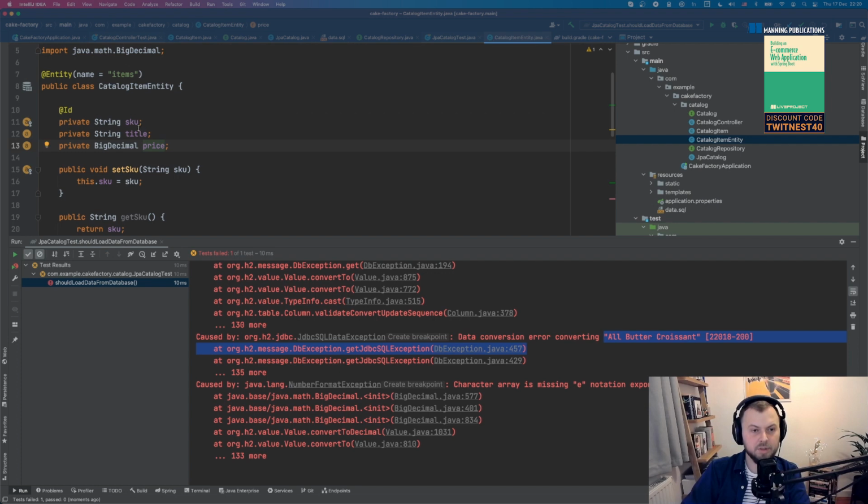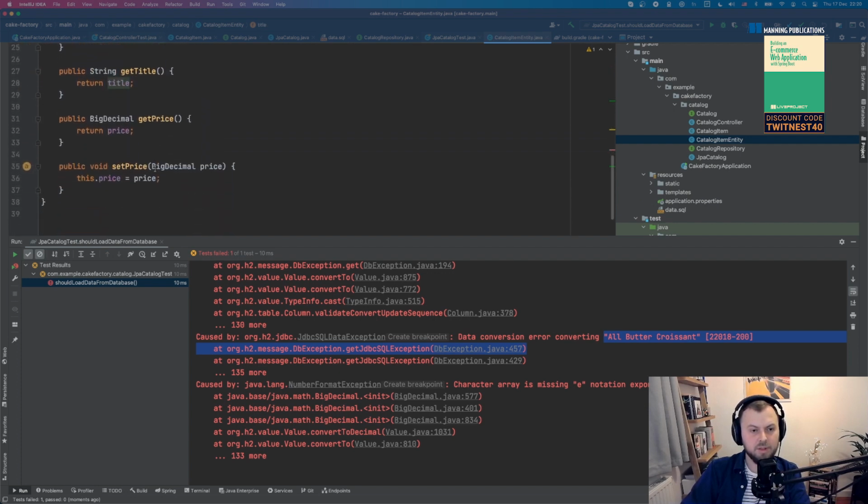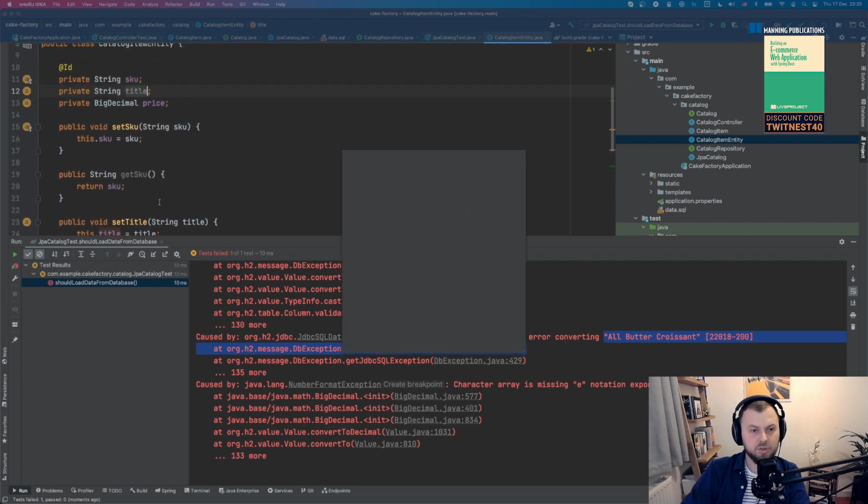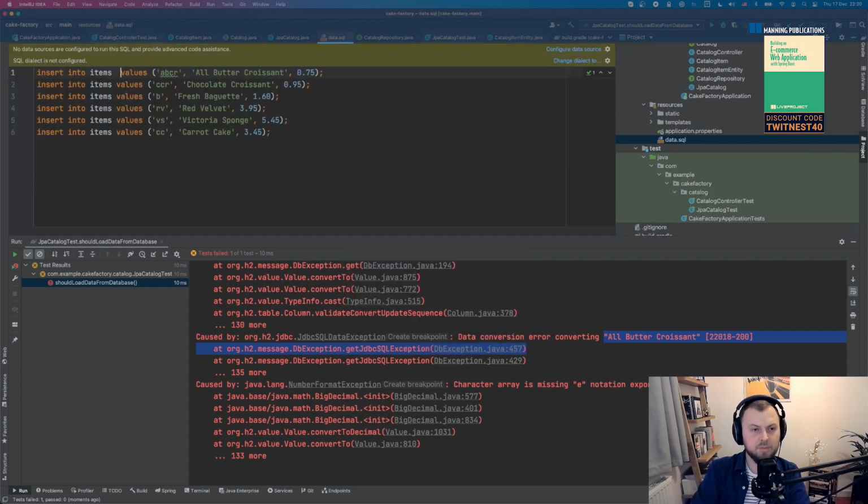Let's maybe define columns explicitly. String, string, string. So it's all string, right? Title, price. Should be all good, but yeah, let's maybe define it more specifically. So we say it's ID, title, and price, right? That's what we need actually. That's weird. Maybe it wasn't such a bad idea actually to just remove price from it and not do that. But that's all right. So yeah, I don't know why I didn't in the first place.